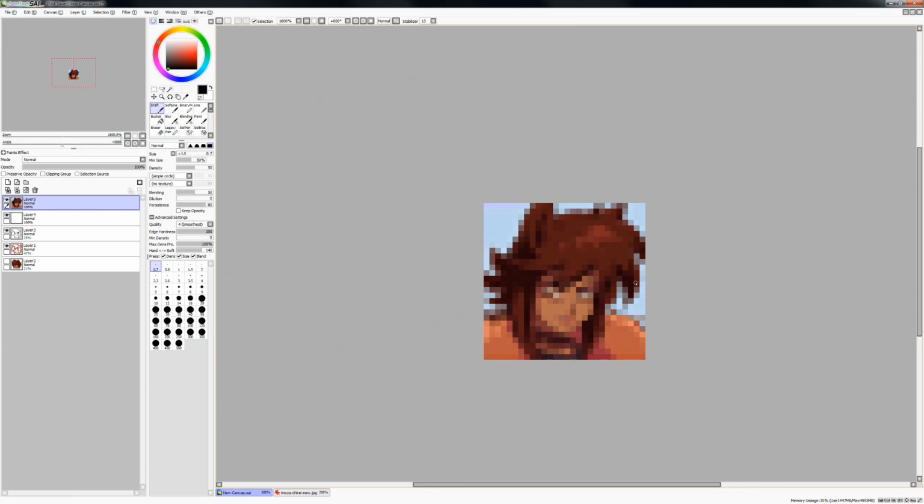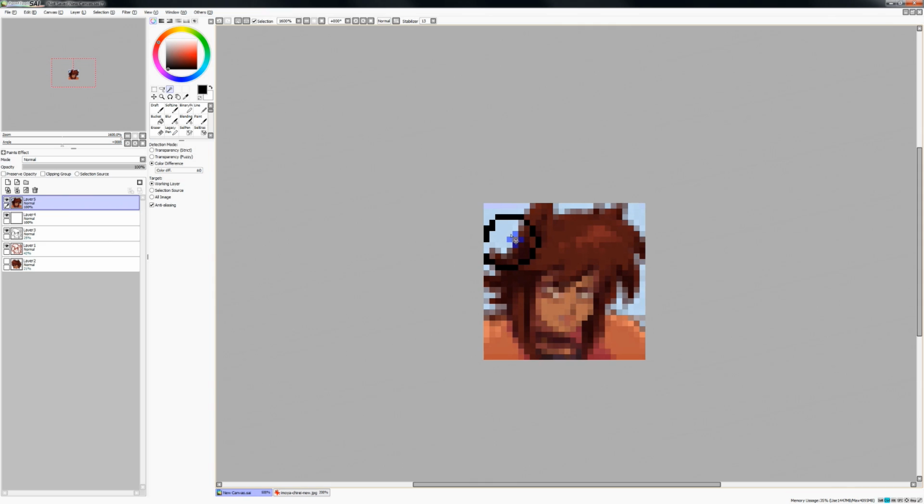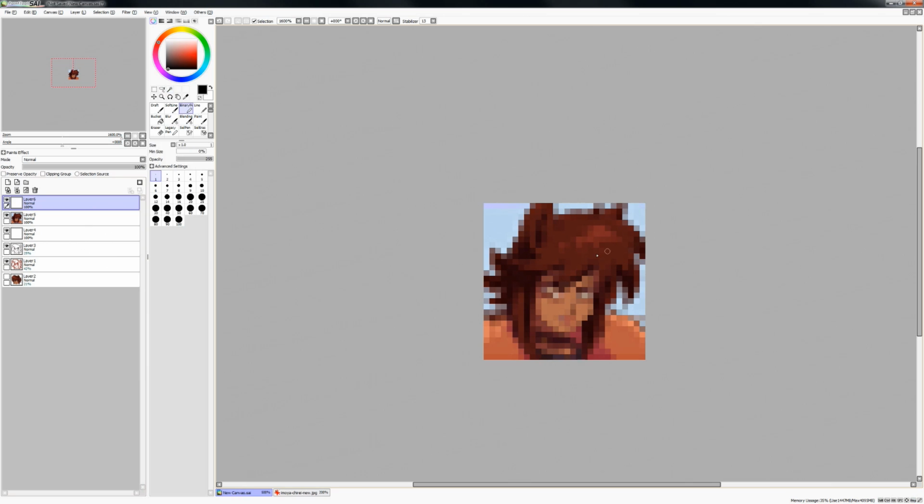But once I've gotten to this stage, I don't use binary, of course. Because the thing about binary is that it's binary. Like you're working only in that color. It doesn't create any aliasing around it, which is very good whenever you're working at very high resolutions. Because then you can draw a single line and then just select in the middle of it. I'm working on a, hold on, new layer. You can just select inside of a pure black line with no aliasing at all, and you will be able to color inside of it perfectly and instantly with no work at all. It's amazing. I love it. It's great for working at large resolutions.